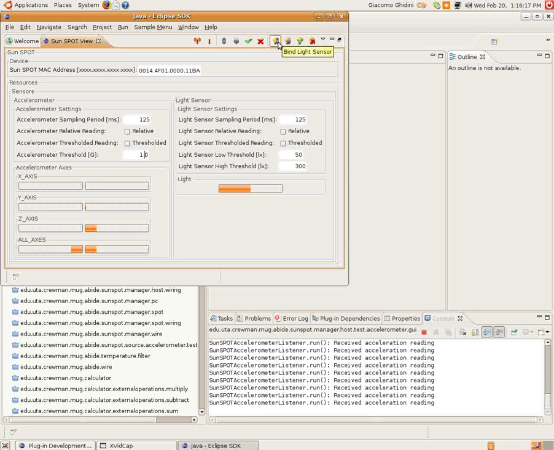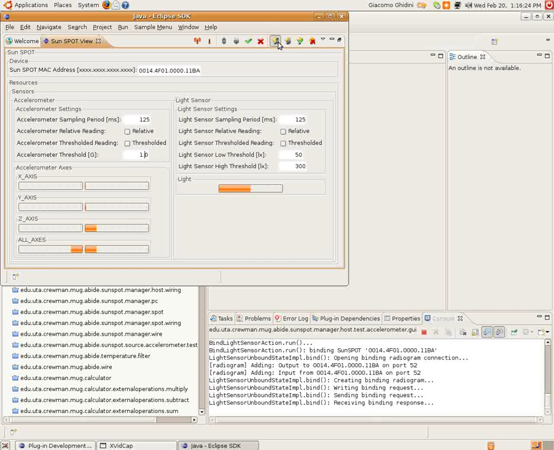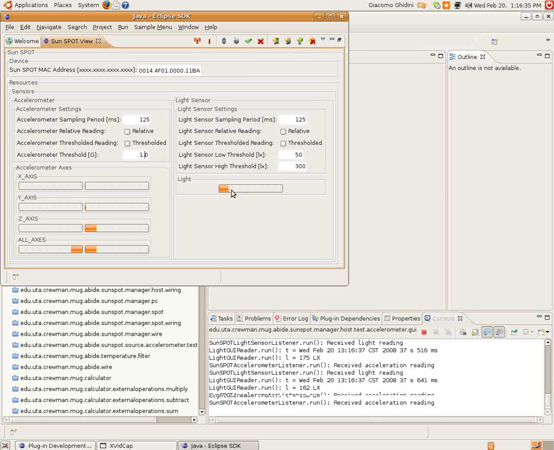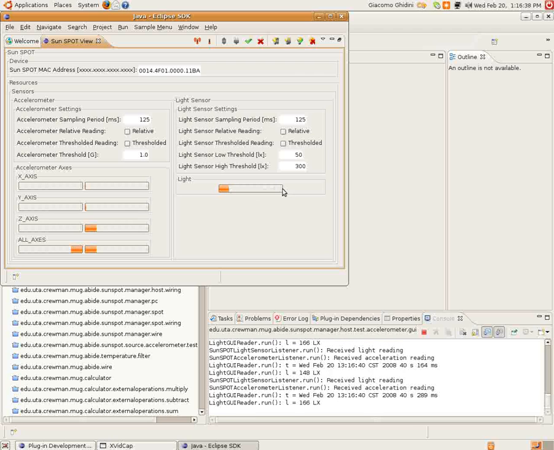Then I can concurrently bind a light sensor available on the Sun SPOT and eventually start it after reviewing parameters. I will keep the traditional parameters and start the light sensor readings. Readings are fed back to the Sun SPOT Eclipse plugin, and if I cover the light sensor on the device,